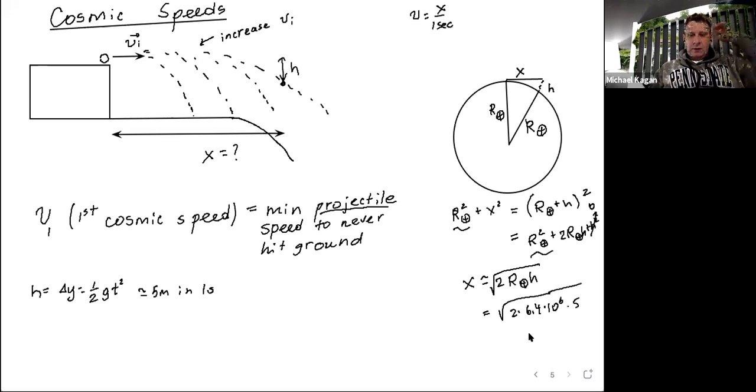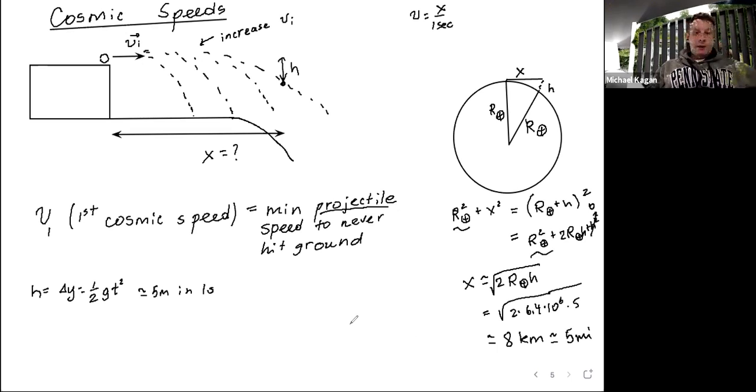Now 2 times 5 is 10, 10 times this is 64. Very easy to take the square root. So this is 8 times the root of a million, which is 1,000. So we get 8,000 meters, or 8 kilometers, or if you're more comfortable with miles, approximately